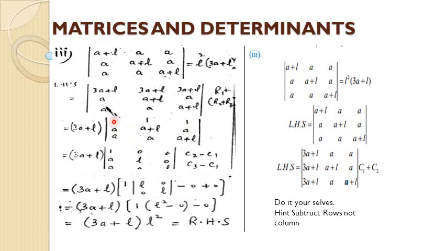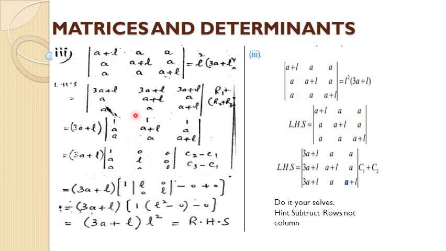Now as soon as you get 1 1 1, or in this way you get 1 1 1, as soon as you get 1 1 1, you apply the property of subtraction. And for the property of subtraction we get the maximum benefit. What is the benefit? Zeros count. So 1 minus 1 is 0, 1 minus 1 is 0, so we want maximum zeros. So I write the property column 2 minus column 1 and column 3 minus column 1.